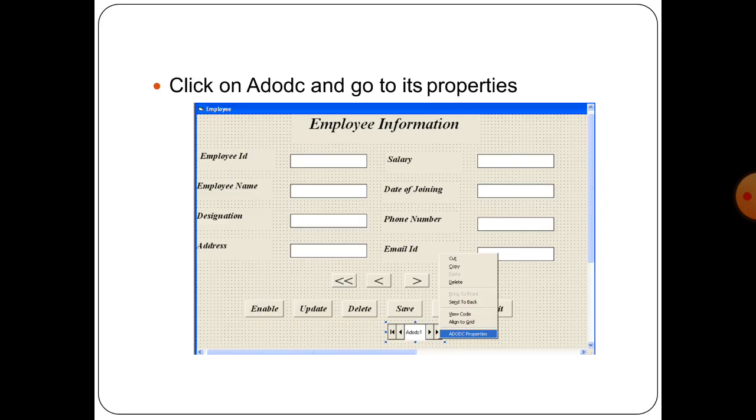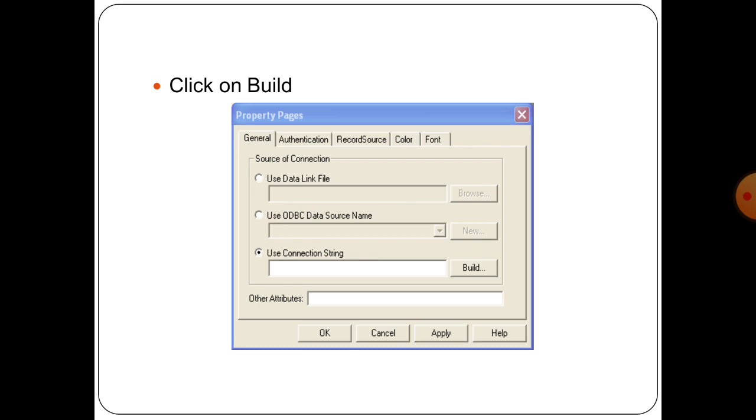This appears on the toolbox. Click on the ADO DC and go to the properties. In our application, we can see the ADO DC control at the end. Click that particular ADO DC control and go to its properties.